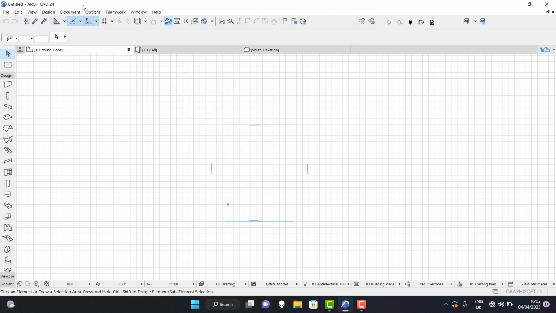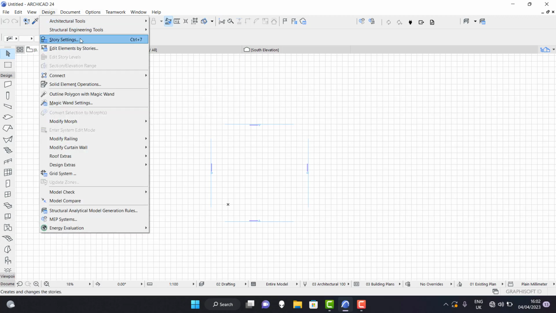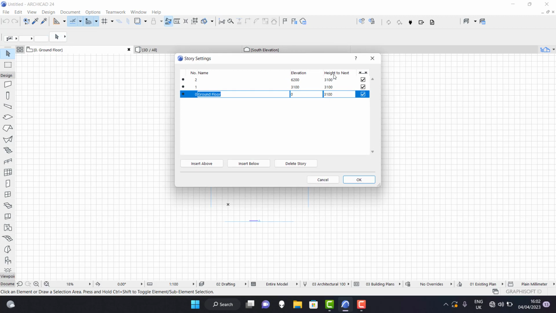After doing the unit setup, the next thing you have to do is to set up your story heights. You go to design, go to story height. Now this story height, from height to next, this actually shows you each story, the height it is. That's the space between the floor and the top of the story. So from here, this is the ground floor, which shows it to be 0, and the top of it will be